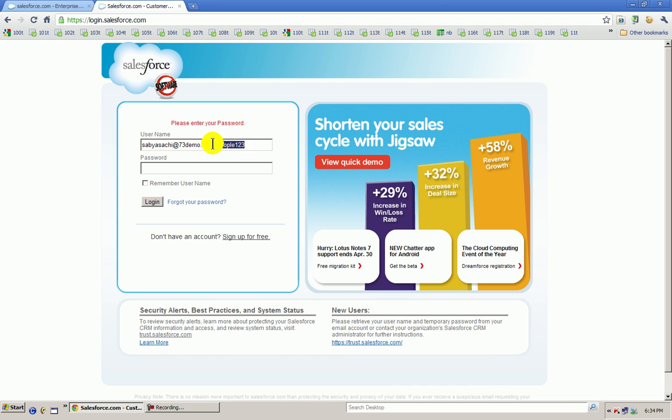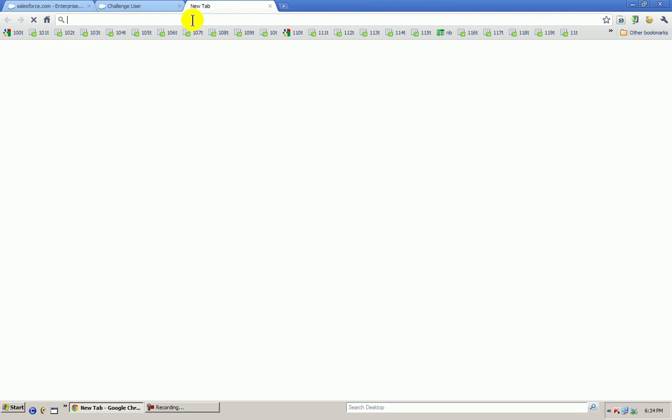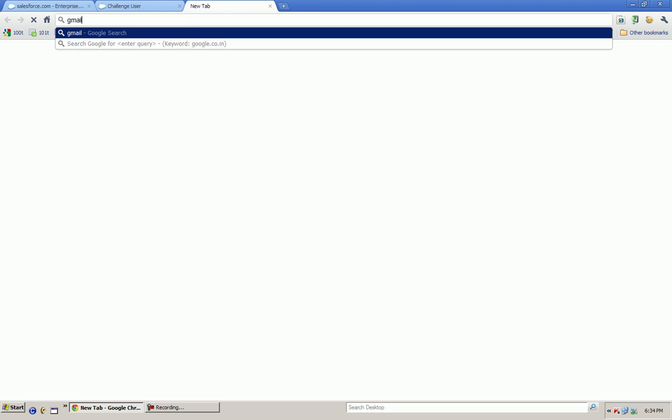Actually, I don't use this. It is just for my different customers, to show them how to do configuration. Now it will send a mail to my mailbox because this computer is not, so it is on my Gmail, I believe.